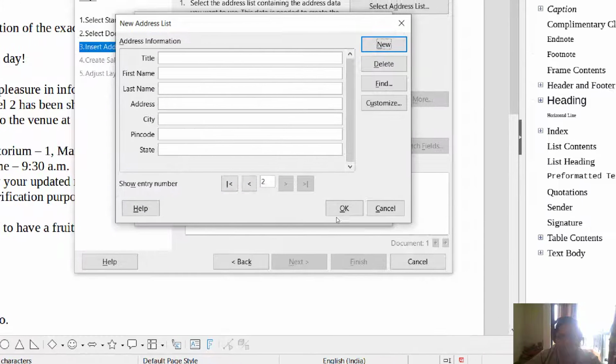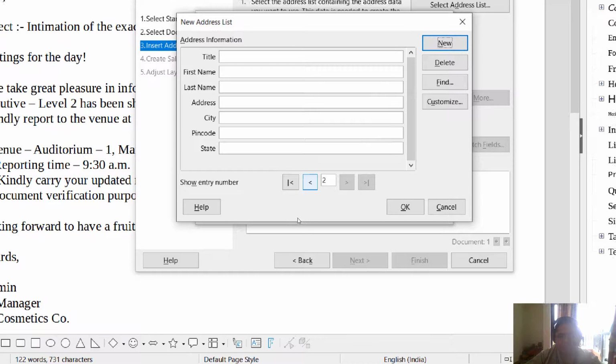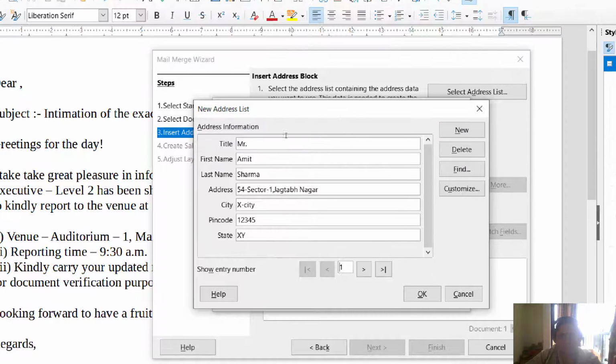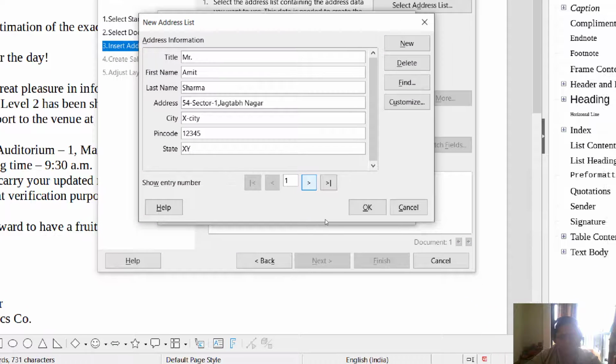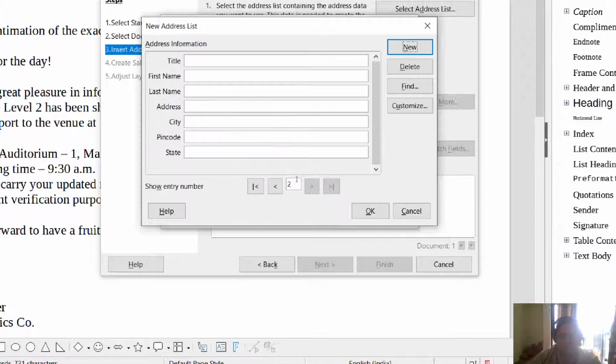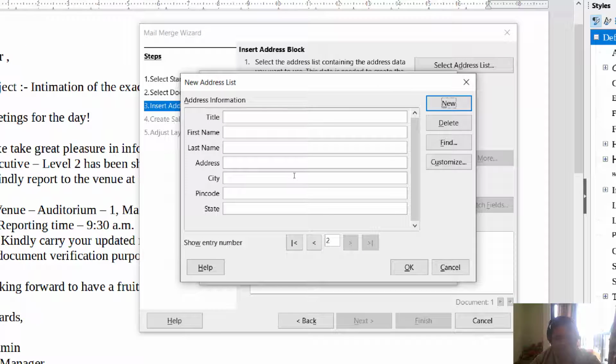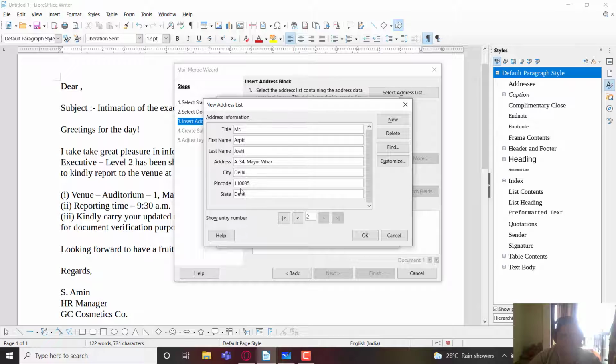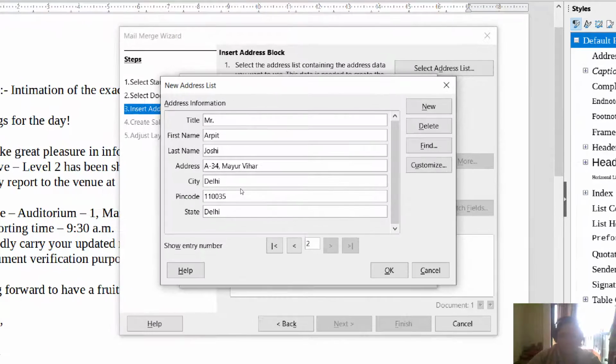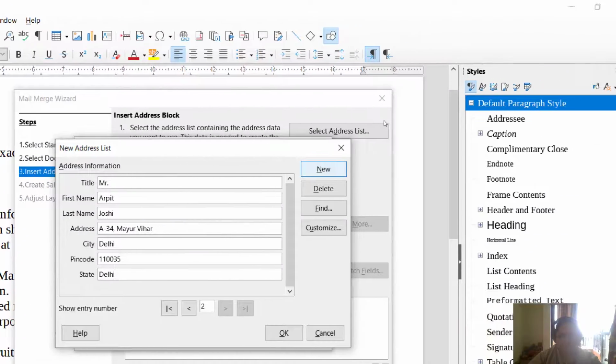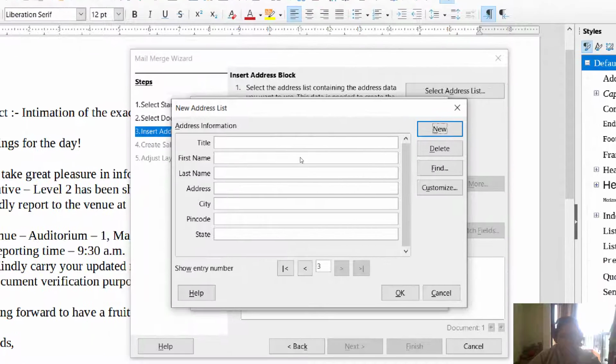And these are the buttons through which you can navigate. Like if I click on the previous button, I'll be able to see the previous record. If I click on this next button, I will be able to see the next record, which is blank. So let me add a few more such records and then come back to you. This is the second record that I have typed, as you can see here. So I'm going to click on new again for typing the third record.